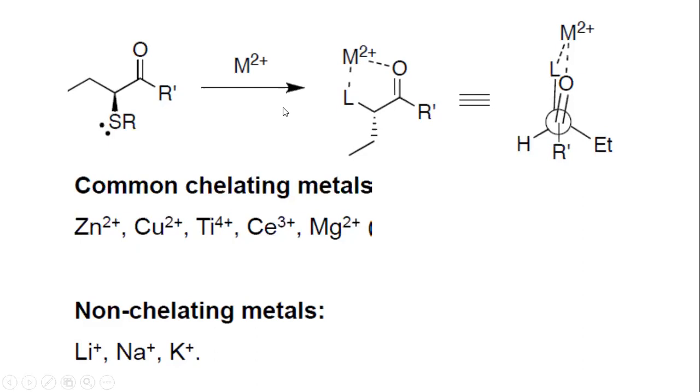And how do we know? In all earlier cases, we made the carbonyl plane perpendicular to the larger substituent. Now when we have a chelating metal species, which can be zinc 2+, copper 2+, titanium 4+, scandium 3+, or magnesium 2+, then we should not arrange the carbonyl plane perpendicular to the largest substituent. Then how do we arrange the carbonyl plane with respect to the largest substituent? We should bring them onto the plane. This largest substituent on the rear carbon and the carbonyl group on the front carbon are present parallel to each other.